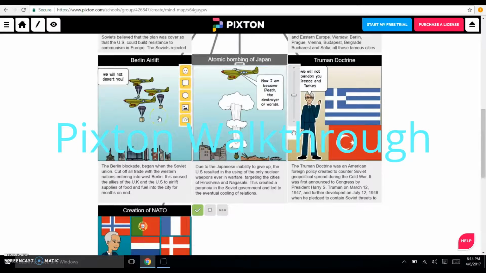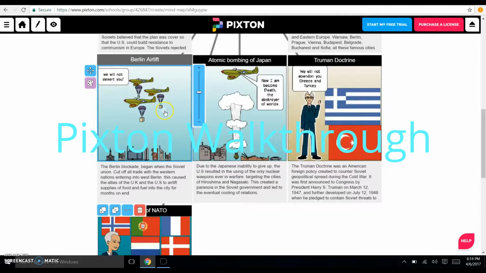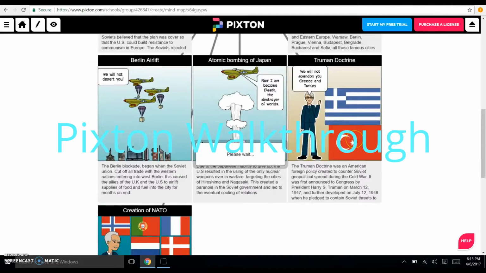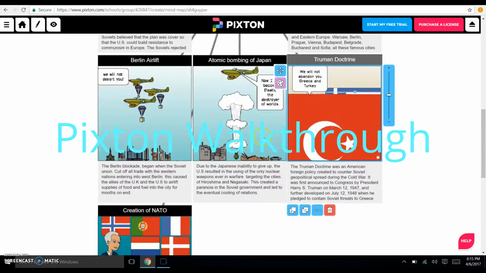Or, as in the Berlin airlift cartoon, you can see that the sizes of the boxes are actually shrunk to what they were originally, as you can expand them to as big or as little as you please in order to help them fit in the actual setting to make it more fitting. And then over here you can see you can even adjust the size of the flags if you want to. Like this flag here from Turkey, you can adjust to make it bigger or to cover the whole screen,